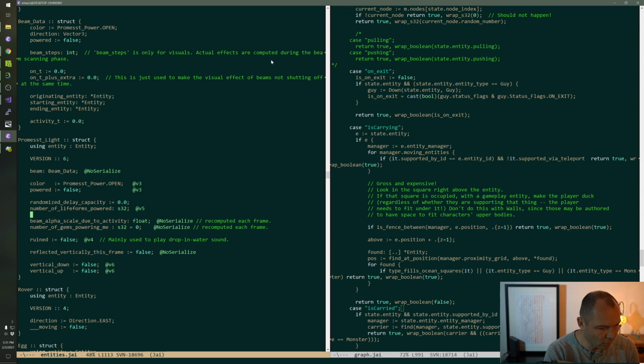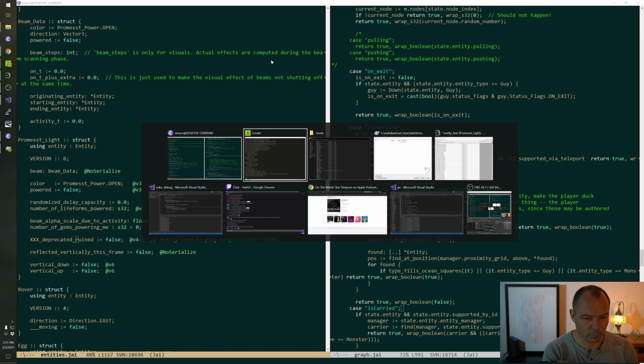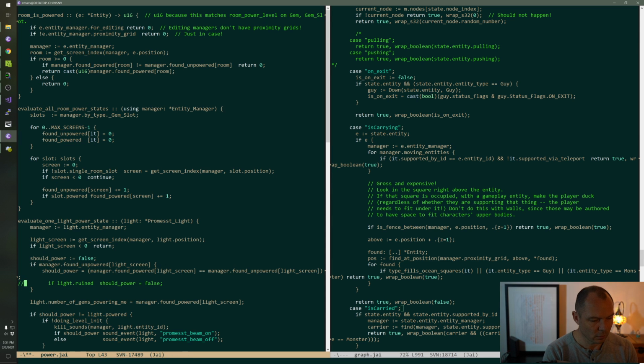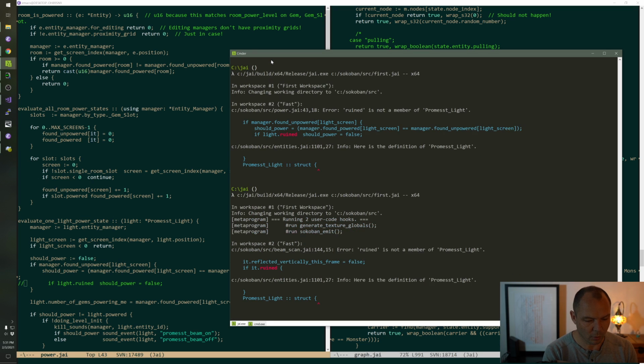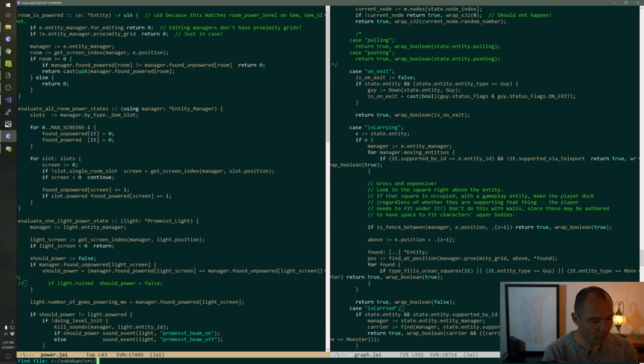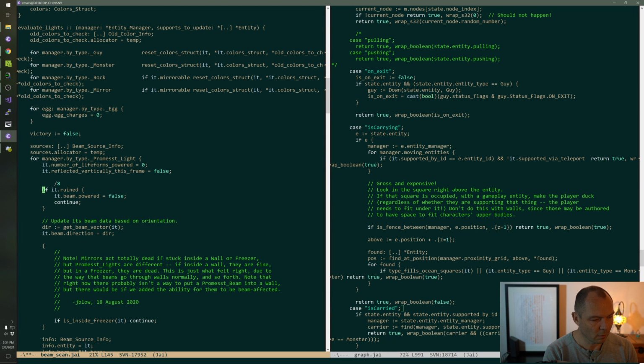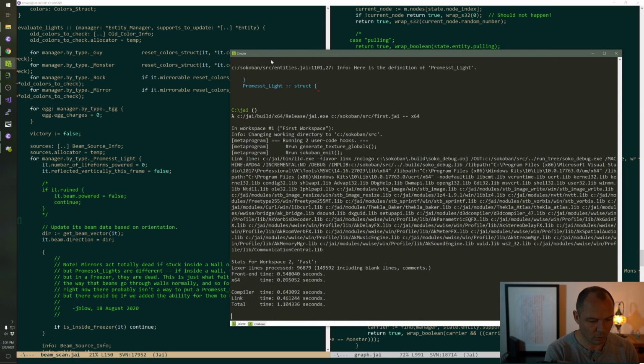All right, so now we're going to go, it's not an emergency. It's just when you're building a compiler and you can have compiler level bugs. Who knows what's going on? So ruined, we took out that feature. Lights used to short out. These beam projectors used to short out when you drop them in water, and that is no longer the case. So it's been vaguely on my list to remove this ruined thing, but it hasn't been very high priority because it wasn't hurting anything. All right,